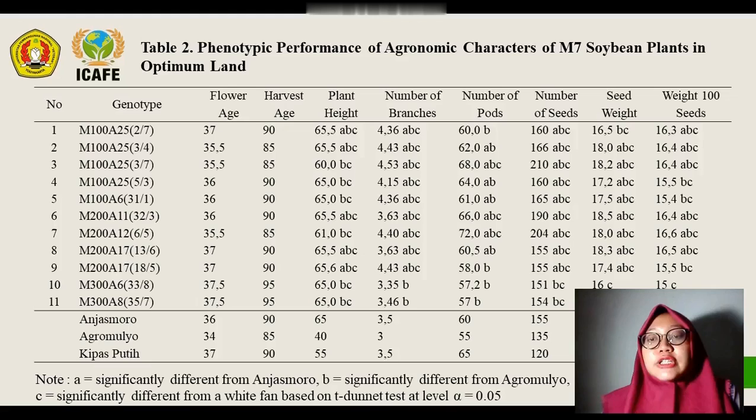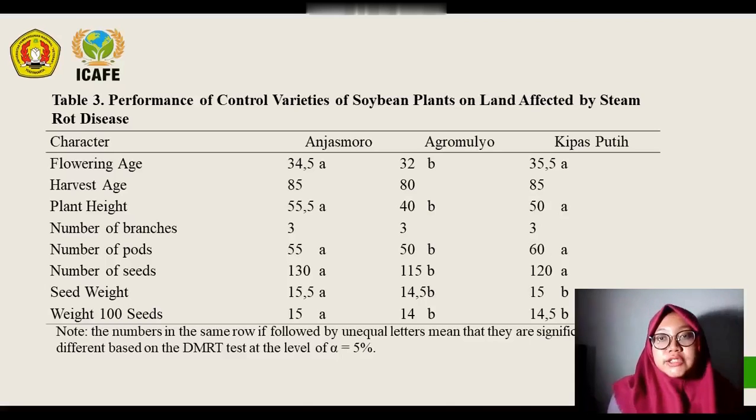So, they can be recommended for yield testing with a high number of seeds and weight of 100 seeds, so that it can increase soybean yield potential for food needs. Table 3 is about the performance of soybean control varieties in land infected by stem rot disease. It shows that the highest